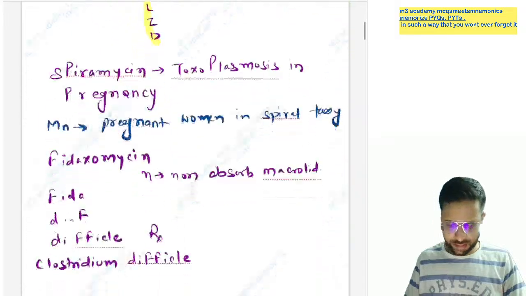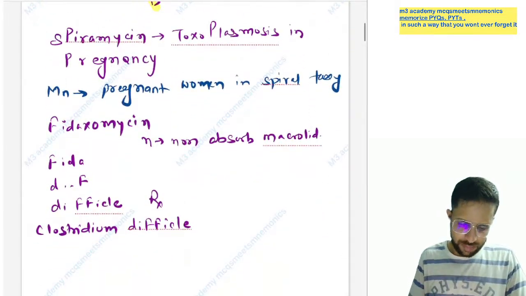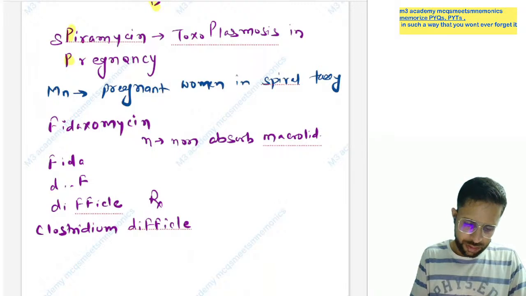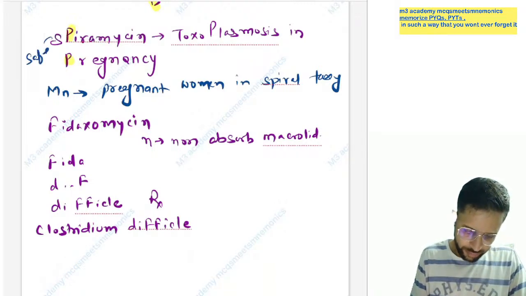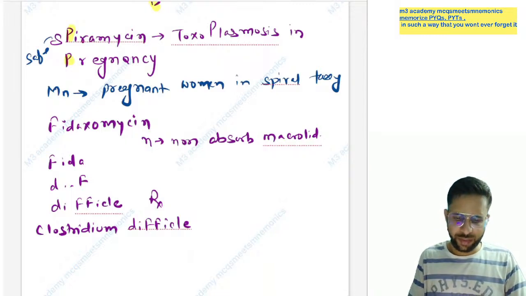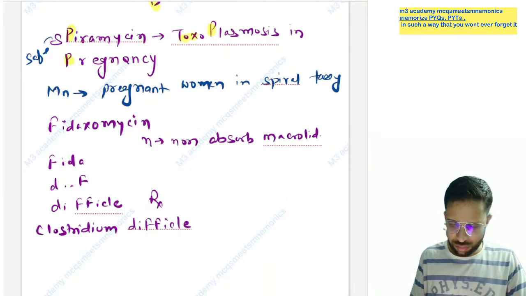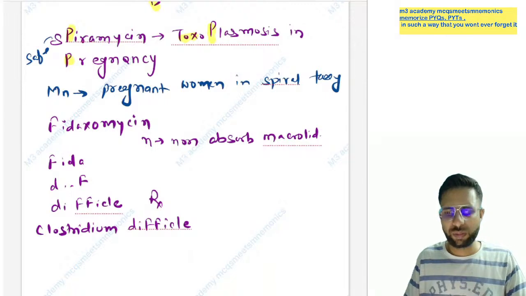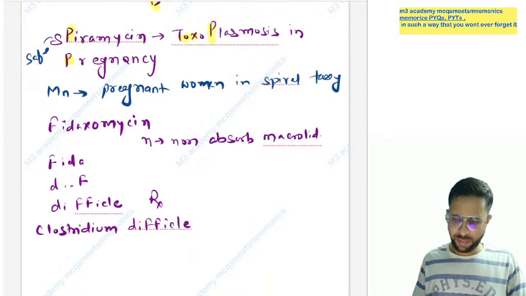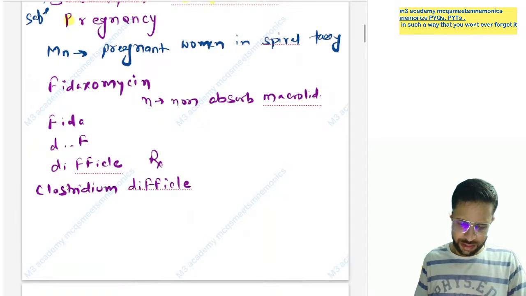Yes. Next drug is spiramycin. Spiramycin is the S and P, so you can say this is used in pregnancy. So S for safe, and for P you can say pregnancy. So spiramycin is safe in pregnancy and used to manage toxoplasmosis. So toxoplasmosis में भी P आता है, उससे भी याद कर सकते हैं. Or you can imagine the pregnant lady in the spiral taxi. Yes, next drug is fidaxomicin,